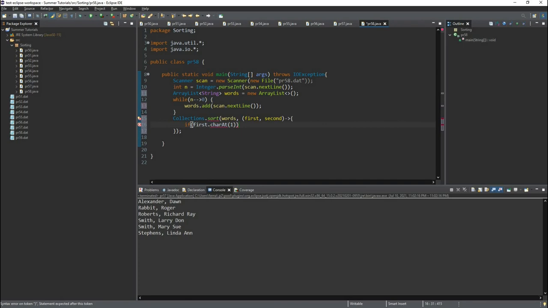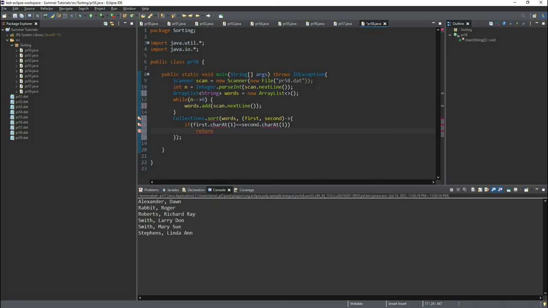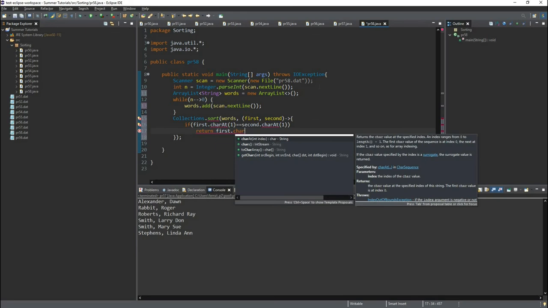okay, let's take the case first where the second letters of both words are equal, right? So that would be if first.charAt(1) is equal to second.charAt(1). Well, in this case, now that we can't sort by the second character, you'd want to sort by the fourth character, and the fourth character is index 3. So in this case, we'd return first.charAt(3)